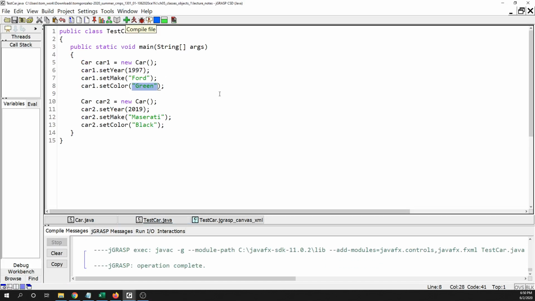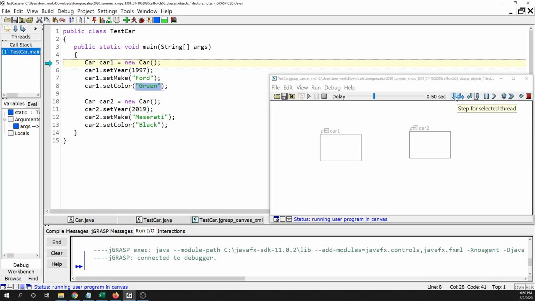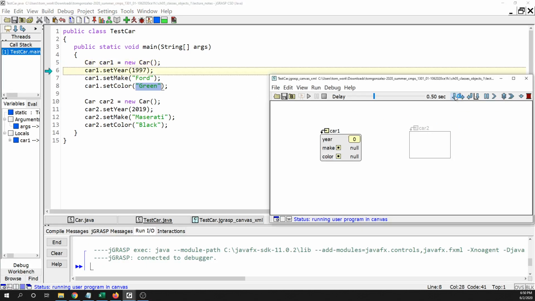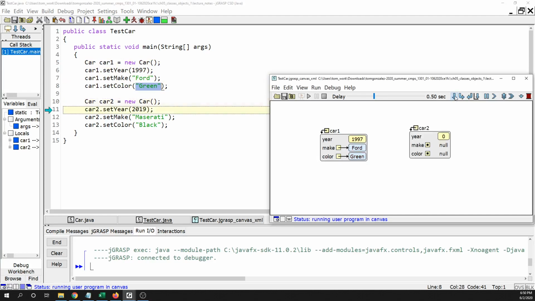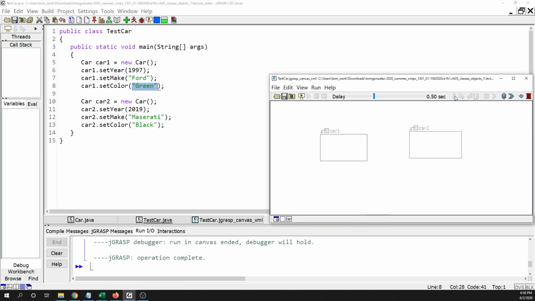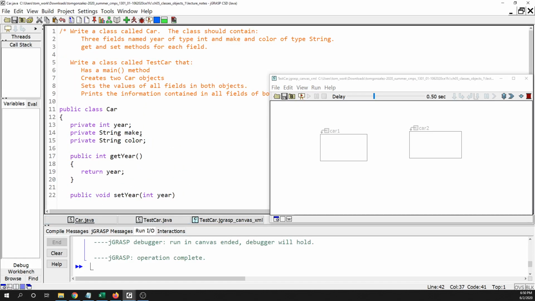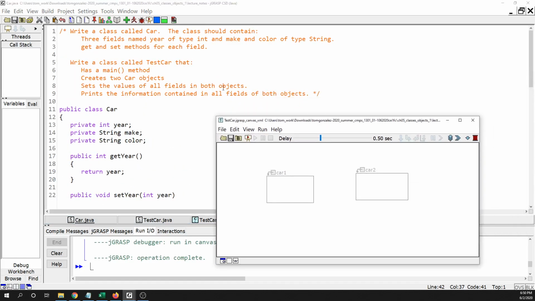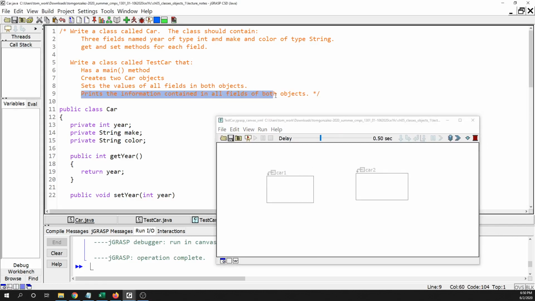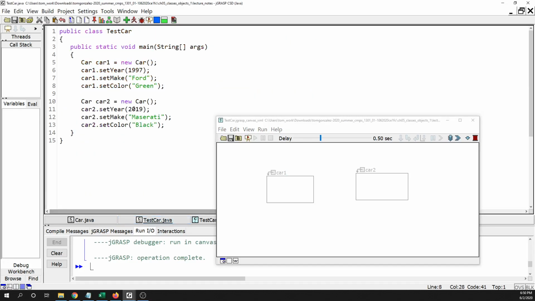All right, it looks good. And let's run it in Canvas and just double check that everything is getting set up properly. All right, so far so good on that. Now what else do I have left to do here? Prints the information contained in all fields of both objects. Okay, so I'm going to add a print statement here,